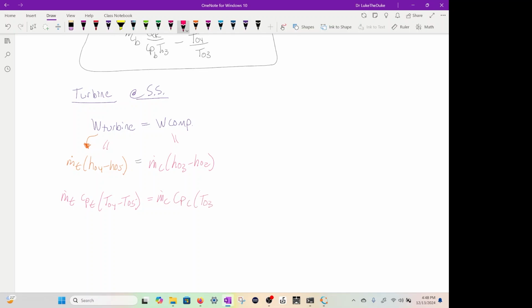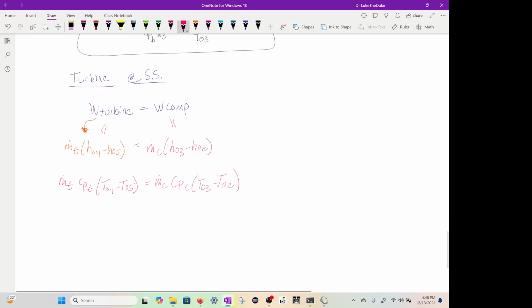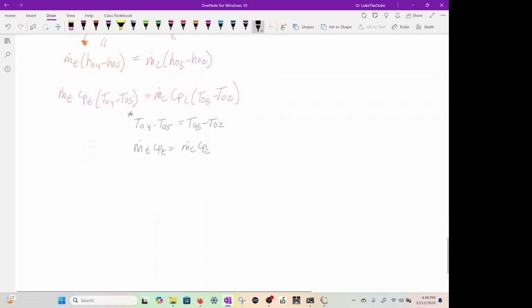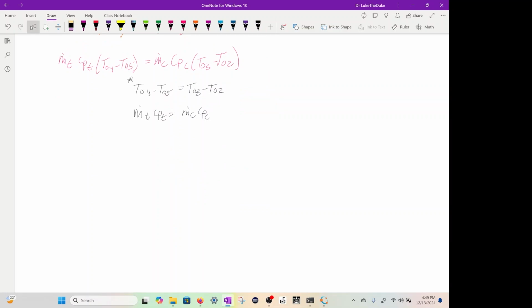This would be T naught 3 minus T naught 2. Now, you can assume, and it's fine, that T naught 4 minus T naught 5 would equal T naught 3 minus T naught 2. We're assuming the mass flow rates and the CPs are pretty close, okay? M dot T CPT equals M dot C CPC. And that's okay. It's close, okay? What we need to do next is we need to find this ratio, P naught 5 over P naught 4,